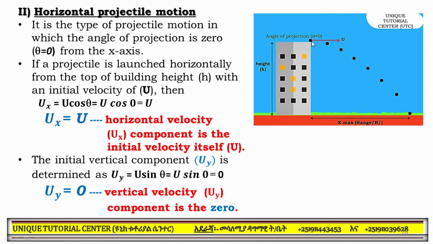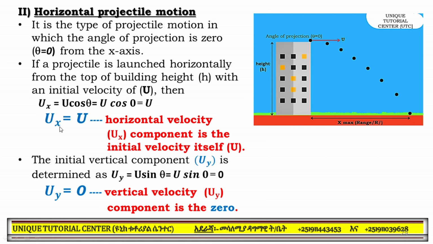horizontal projectile motion. The object will tend to move gradually downward, therefore it follows a trajectory, a parabolic path, so we call it horizontal projectile motion. If a projectile is launched horizontally, what characteristics does it have? First, the horizontal is along the x-axis, so the angle of projection becomes 0, and the initial velocity components, horizontal and